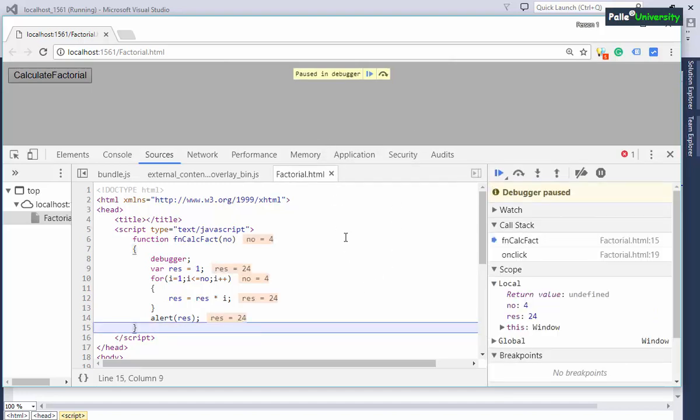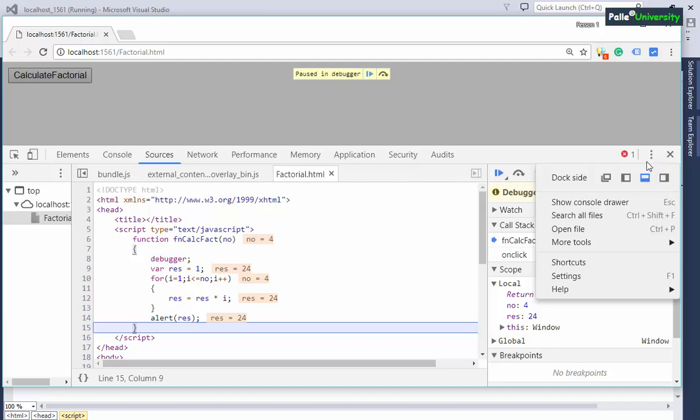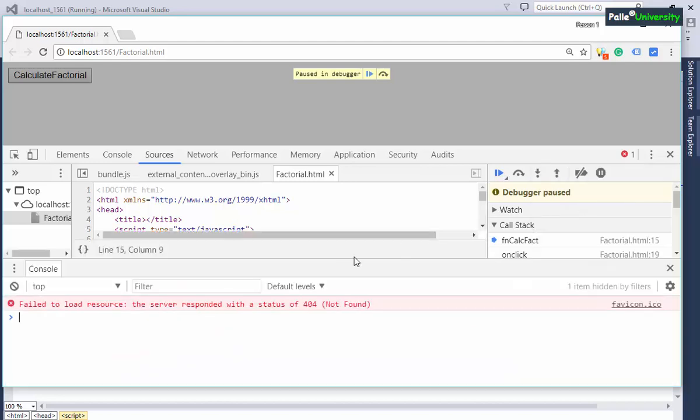Okay. So apart from all these things, I also told you that by using a debugging approach, we can get IntelliSense support. I will explain how to get the IntelliSense support. If you want to get the IntelliSense support during debugging time, I recommend you click on this 3 vertical dots icon again, but not here in the main window, in the developer tools window. This is the window called the developer tools window. In the developer tools window, you click on this 3 vertical dots icon, and here you will see something called show console drawer. You just click on show console drawer.